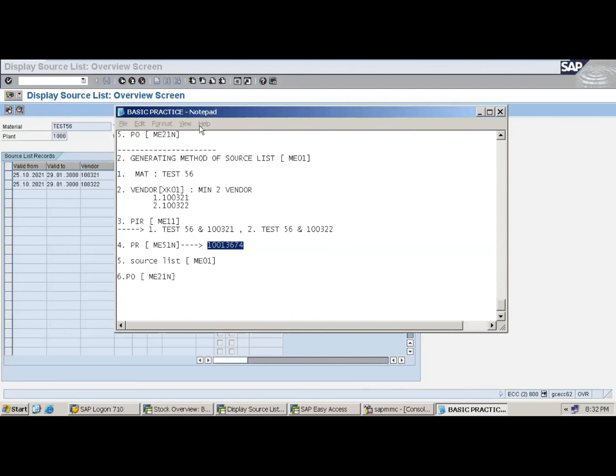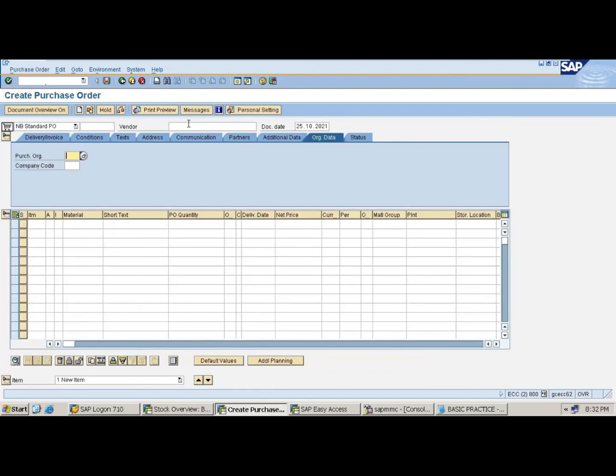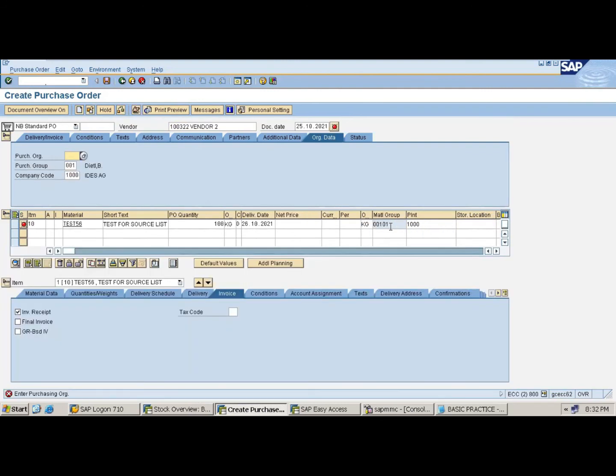Go for one more vendor, the other vendor. You can check. /n ME21N. Then 322 and this PR number. Okay, just take here. Enter. Purchase organization 1000. See, the price is now fetched. Press enter.